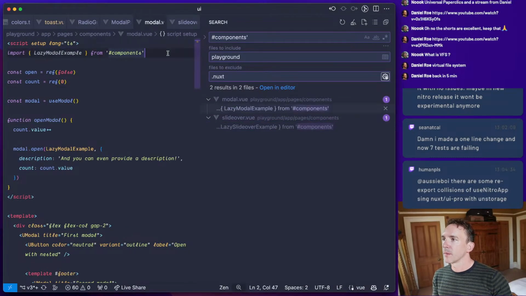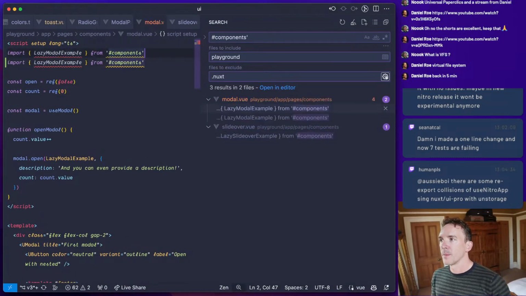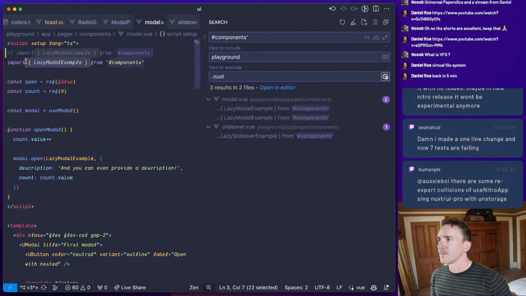Well, I'm going to manually open it. I will import a lazy modal.